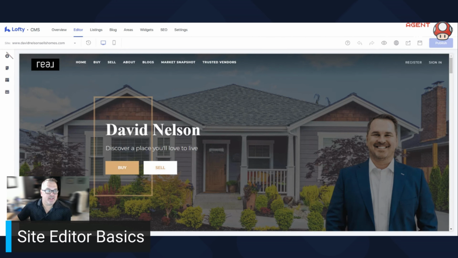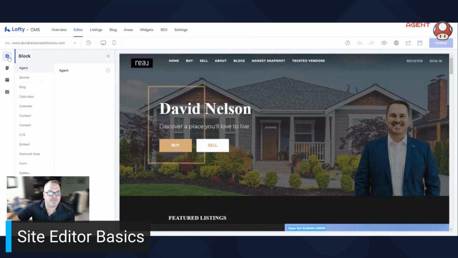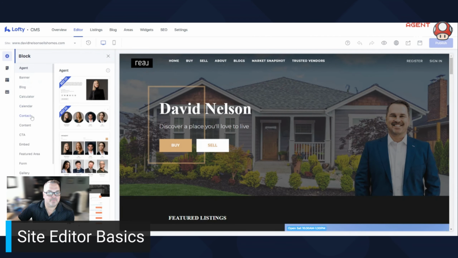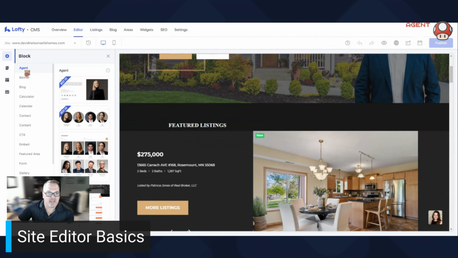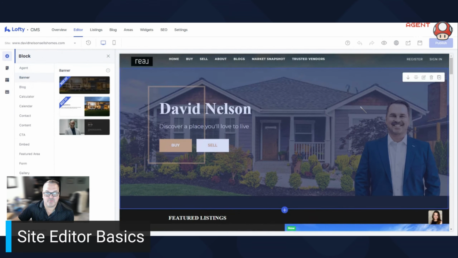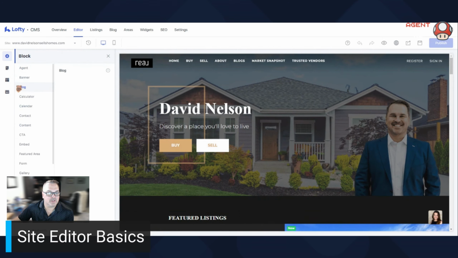So on the left side, if you open this up, these are blocks. These are the things that you can click and drag into your website. So if you want to put in your agents, a banner, right here, this is a banner. You can add your blogs, different types of calculators, calendars. I'm not going to go through all of these, but as you go through, so let's say we're going to put in a